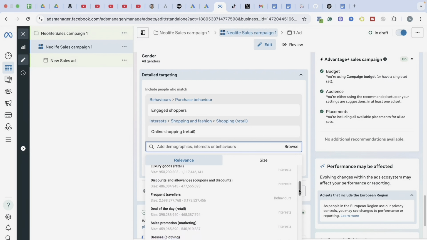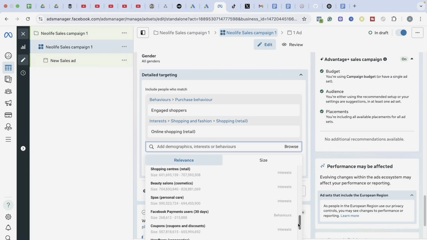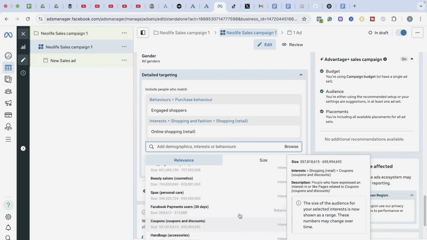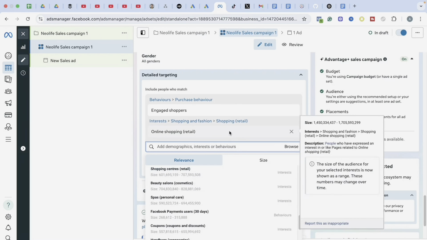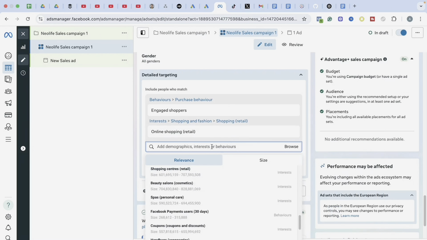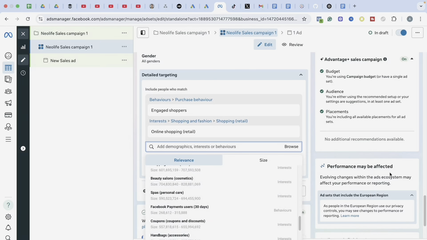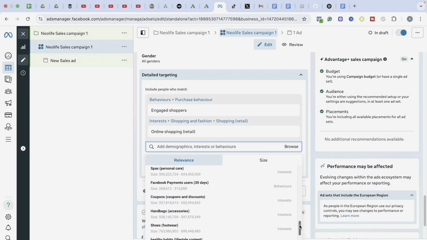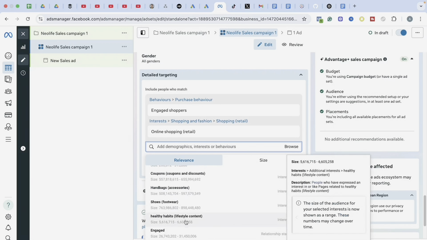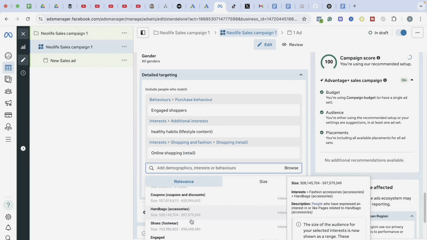So if I come down a bit now, I will look for all these things. You look for audiences and interests that are related to your business, and you pick the relevant ones in your ad. So eating habits, I want to target people with healthy habits, which is lifestyle content. So that is the people I want to target.